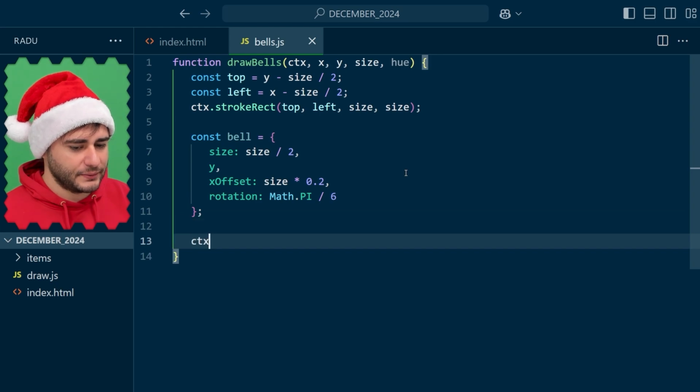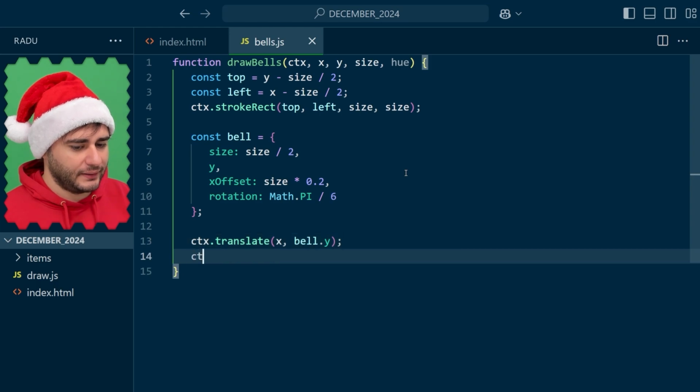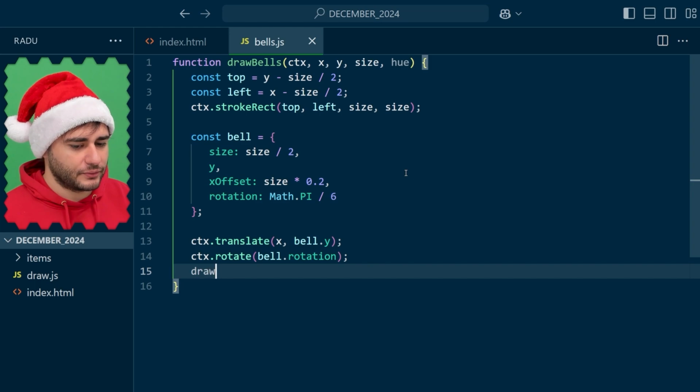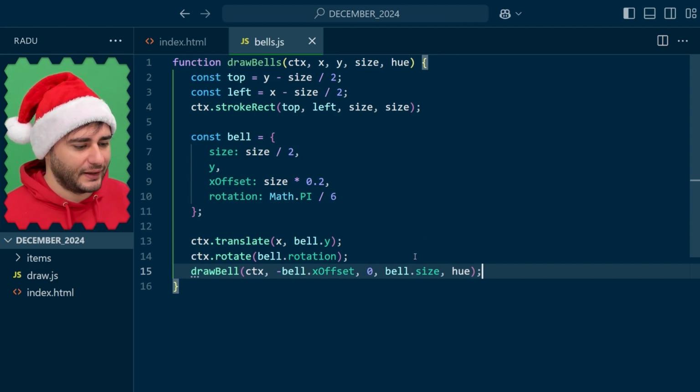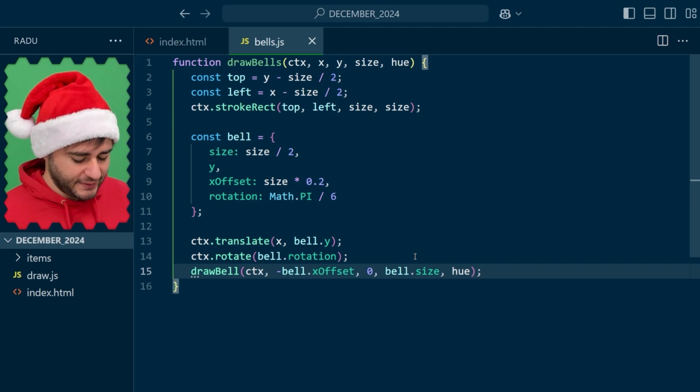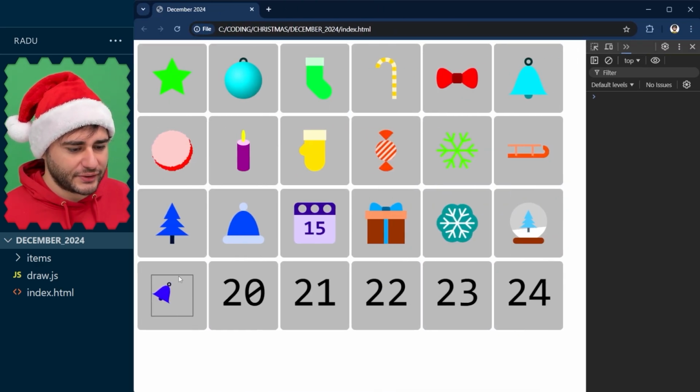And now let's use the translate to go to this bell location and rotate according to this bell rotation attribute and draw the bell at the -x offset, 0, bell size, and hue. We can place 0 here because this translate handles the XY. We just do this offset directly at this point. Now save, refresh, and this looks good, but I would like them to be lower